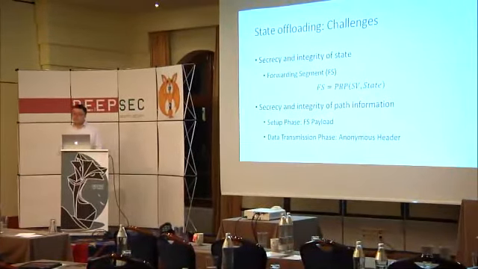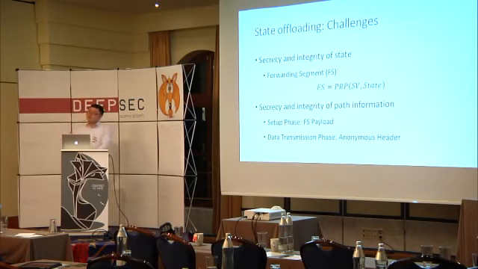Second, when we consider the state from all nodes put together, they form a path. We also need to protect the information of that path. For example, in Lap and Dovetail, you can look at the packet header and decide how many nodes are between the source and destination. Or when a node processes the header, in Lap and Dovetail, they know their position on the path. We call this information path information, and leaking this path information can lead to de-anonymization techniques.